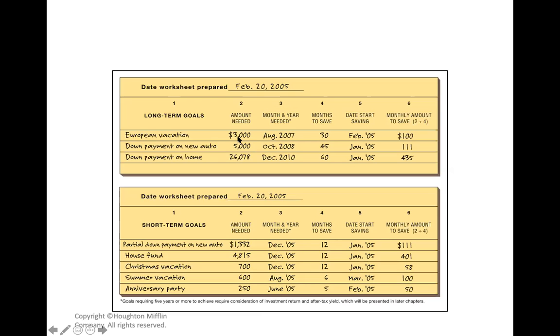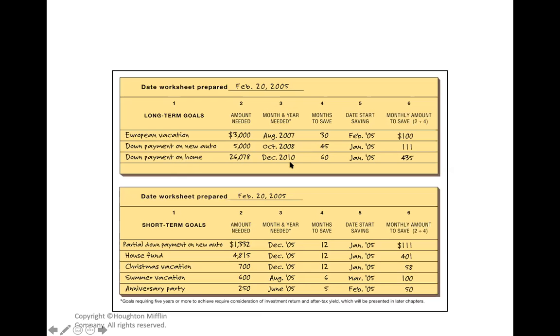So here he or she needs $3,000 with 30 months of saving. So he or she has to set aside from income around $100 every month for 30 months. That also happens when he or she wants to pay the down payment of a new car. For example, the price is 5,000 and he or she needs 45 months to save that money. Then for 45 months, this is around 3 years, he or she needs to save 111 US dollars.